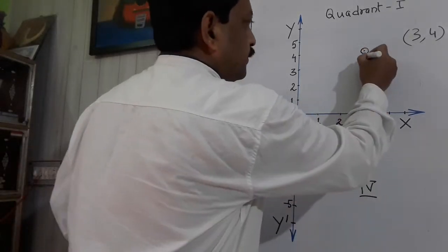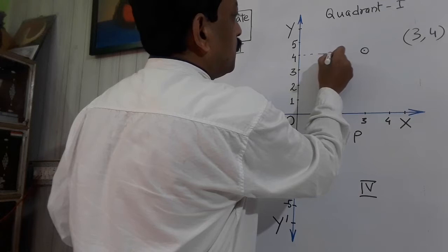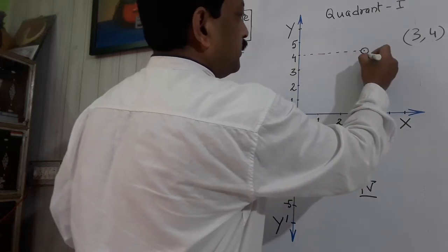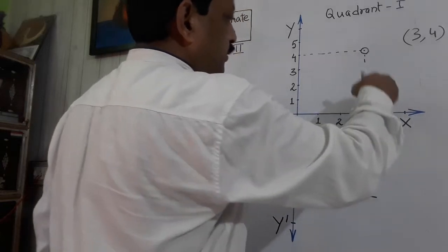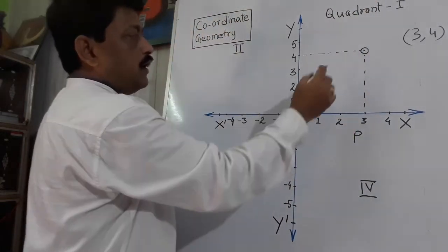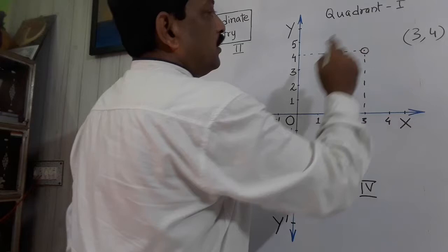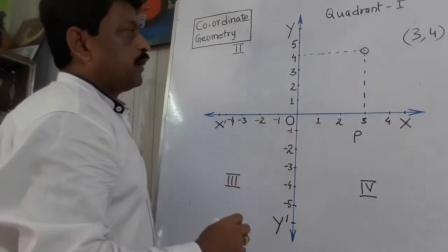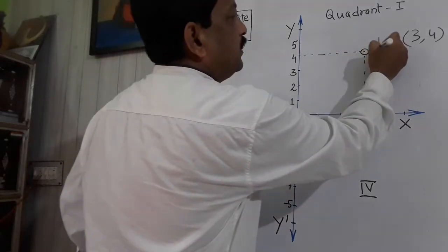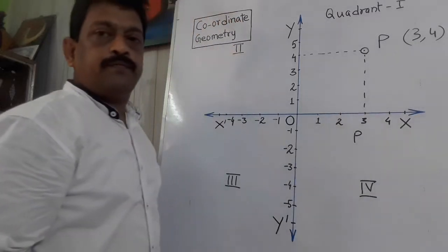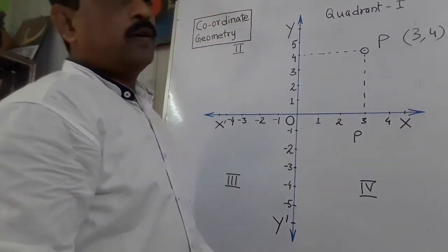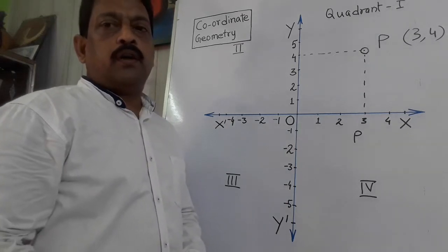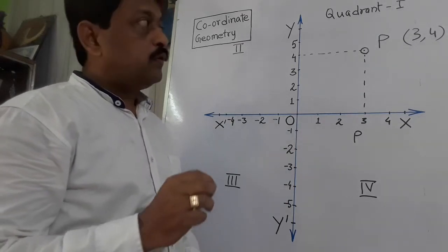So this is 3 units, and this one is 4 units. 4 units above the x-axis and 3 units to the right of the y-axis. This point P represents (3, 4). Understood? So whenever we are going to plot a point on the graph paper, always remember to look at the